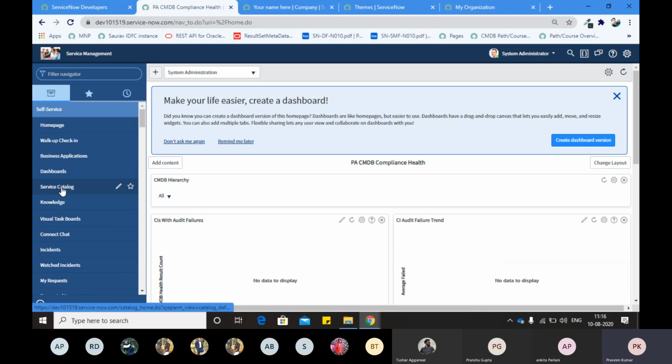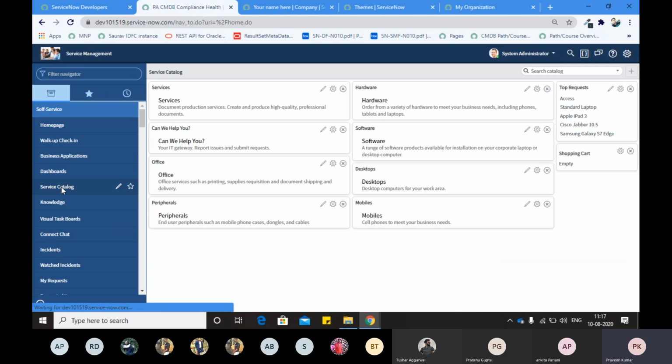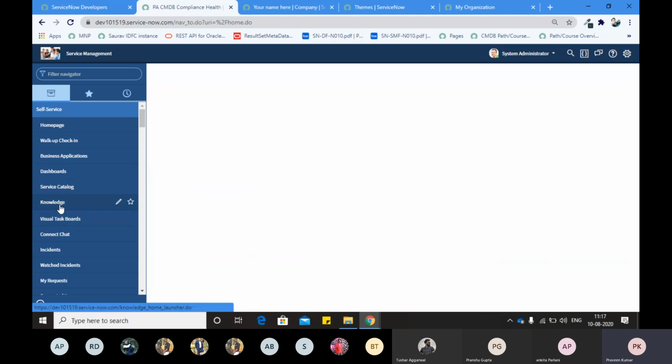For example, if you click on the service catalog, it will show you a different kind of UI. If I click on knowledge, it will show you some different kind of UI.